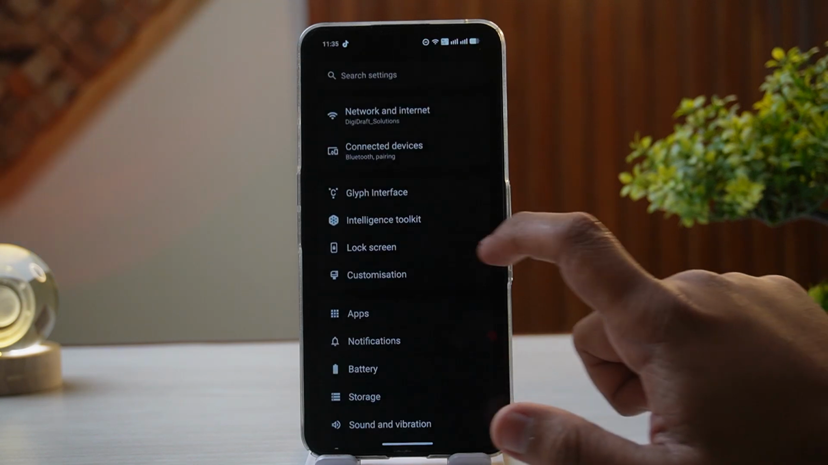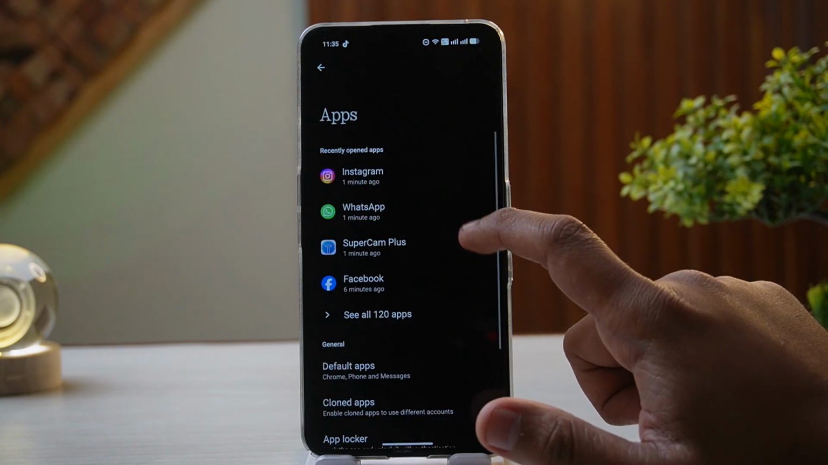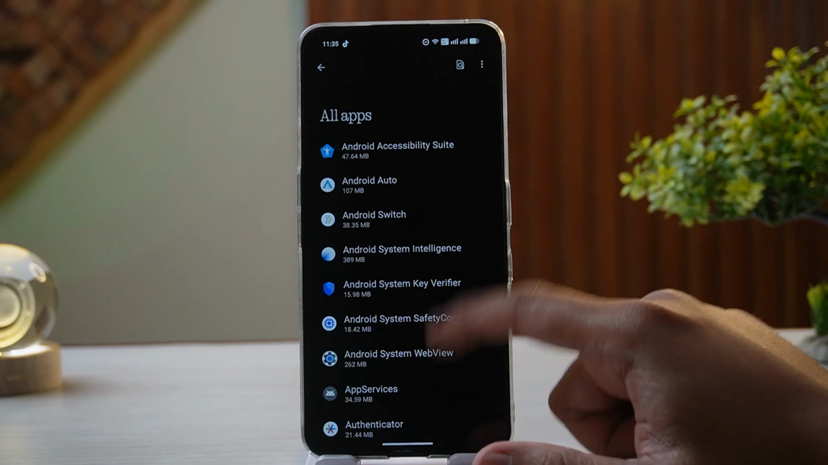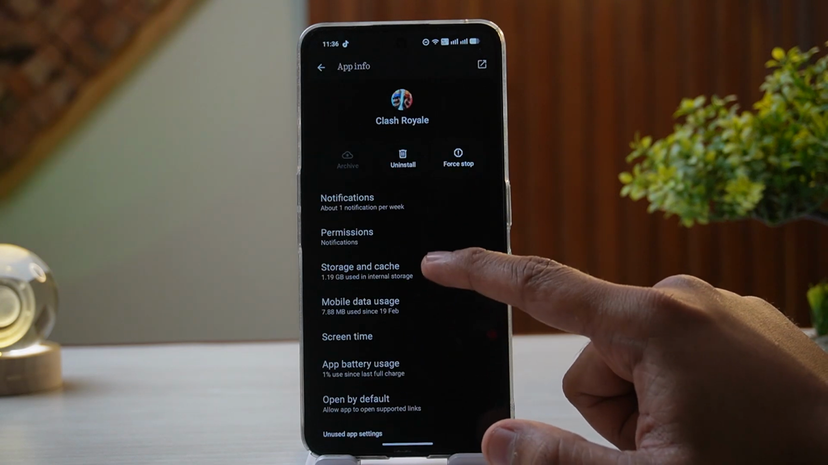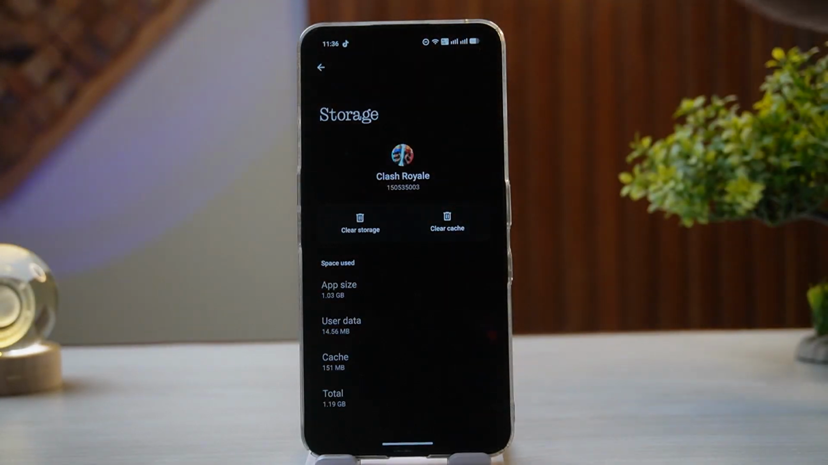The other thing that you can do is head over to settings, tap on apps, tap on see all apps. For now I'm going to be demonstrating with Clash Royale, so I'm going to be tapping on Clash Royale, tap on storage and cache, and then clear storage and clear cache of Clash Royale. But do remember that if you've not linked your gamer account to any social apps, this may completely delete your